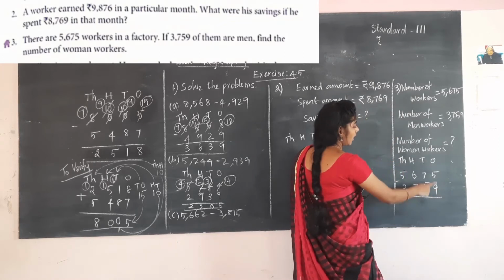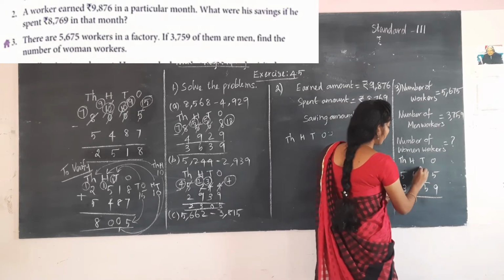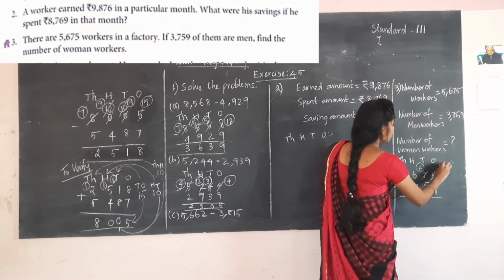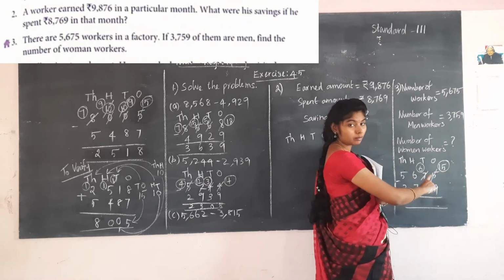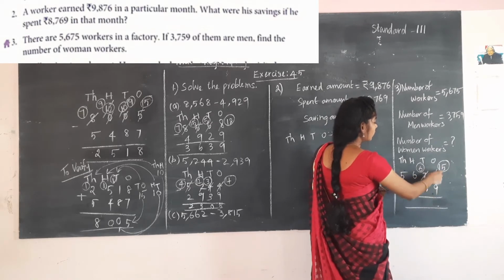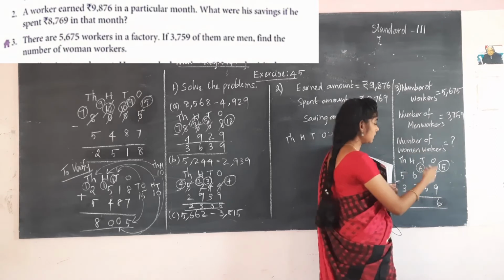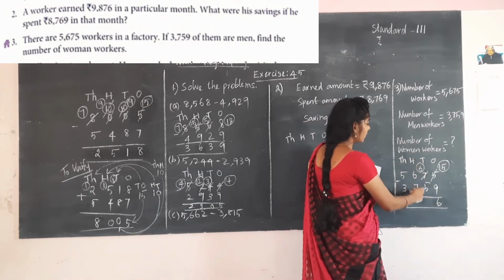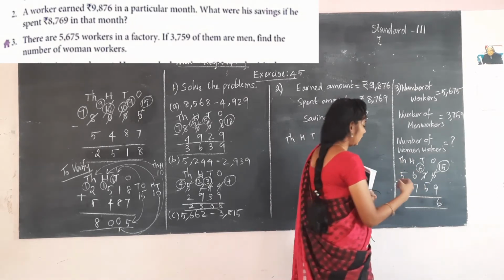5 minus 9: 5 is a smaller number, so you have to borrow from the tens. The 7 before it becomes 6, and now write 15, since 10 plus 5 is 15. Subtract 15 minus 9. Take 15 in the mind and 9 in the fingers, and you will get the answer 6. Now subtract in the tens place: 6 minus 5 is 1.